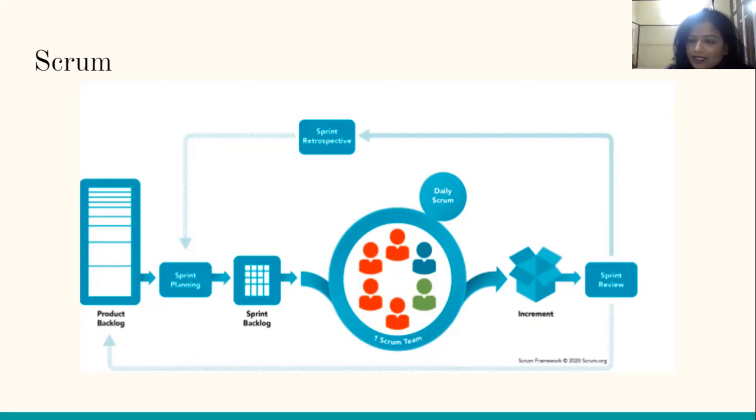Then we do sprint planning for the particular sprint: how those requirements will be built, who will do this, and what kind of testing will be done. All this is planned in sprint planning. For Scrum, we have a Scrum team that usually consists of on average 6 people. Then we do a daily Scrum meeting or stand-up meeting, in which what we are doing well and what needs to be done to improve the software is decided.